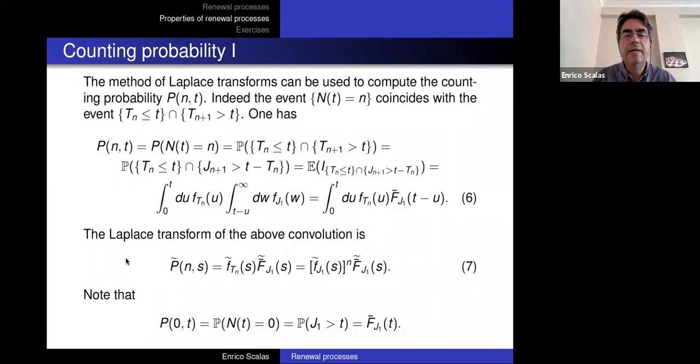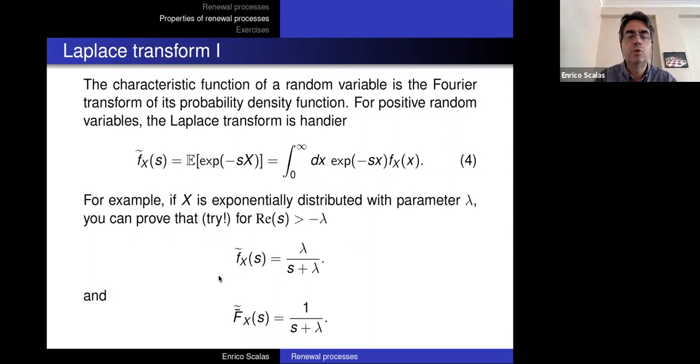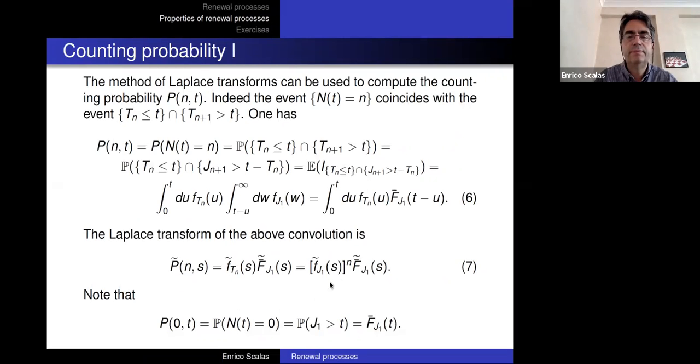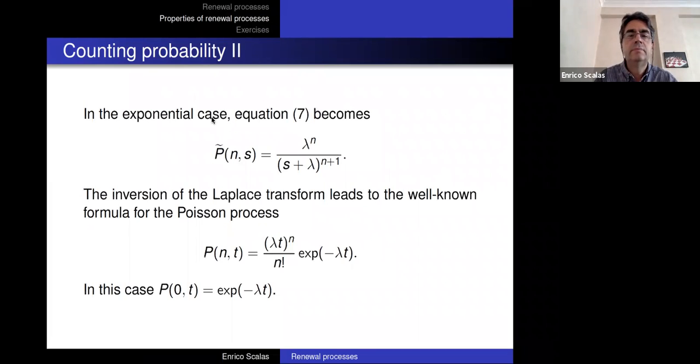And let us apply these results in the exponential case. Remember, we computed these two Laplace transforms, which are appearing here. And if I use these two results, I get this nice Laplace transform for the counting process when the inter-arrival times are exponentially distributed: lambda to the power of n, divided by (s plus lambda) to the power of n plus 1. Again, this is one of those Laplace transforms that you can find in tables, and if you invert,